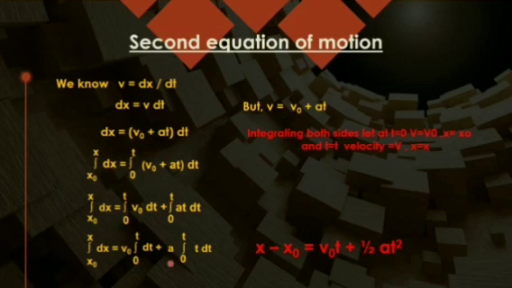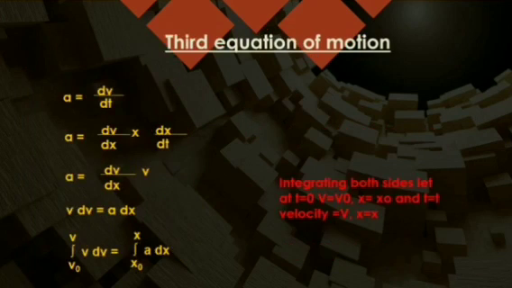And for this part, a is to be taken out, and the integral of t, t power 1, like x power n, gives x power n plus 1 divided by the same number, so t square divided by 2. So this will be equal to half at square. This is the second equation of motion. And of course, with the same thing, if I change the limit from n minus 1 to n for the time, then I will get the distance travelled in the nth second, which was the fourth equation that I have left for you to work out as an exercise. In case you find some problem, we can discuss it in the next class.